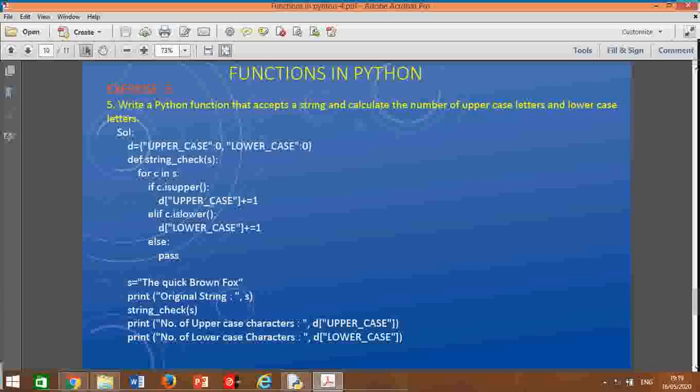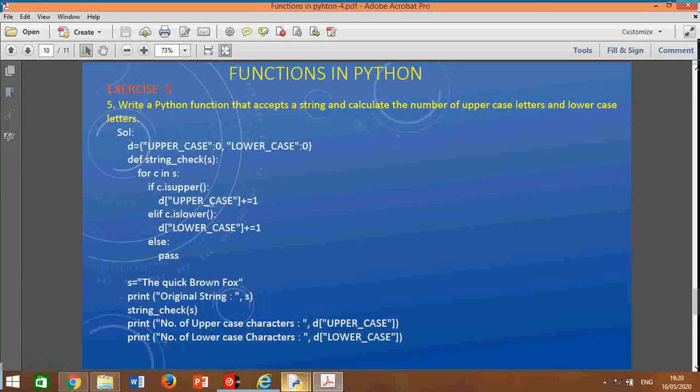If it is uppercase, we increment the value of the first pair of the dictionary. Uppercase is the first key, so uppercase plus equal to 1; the value of this first key is incremented from 0 to 1. Then for the second key, if it is lowercase, the value of lowercase is incremented by 1. Else pass, meaning the loop will do nothing.